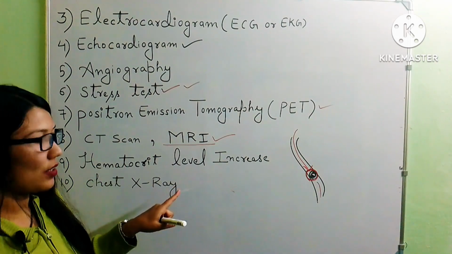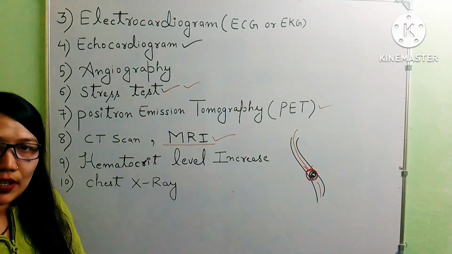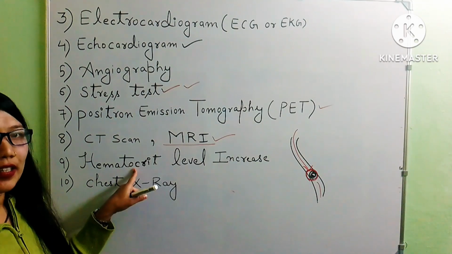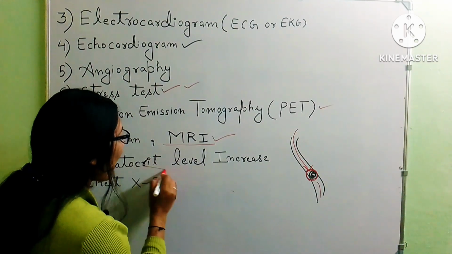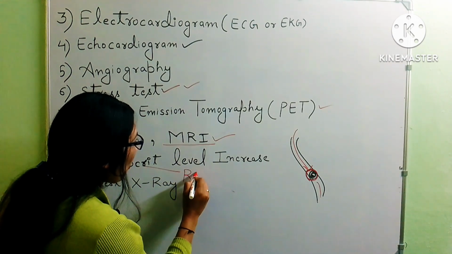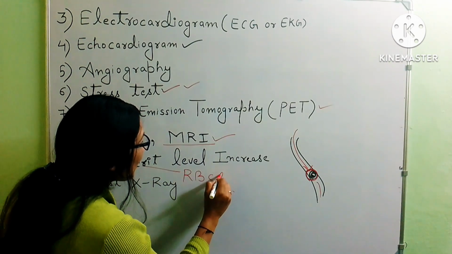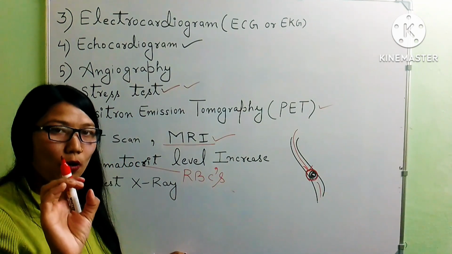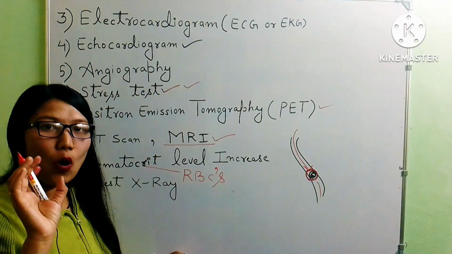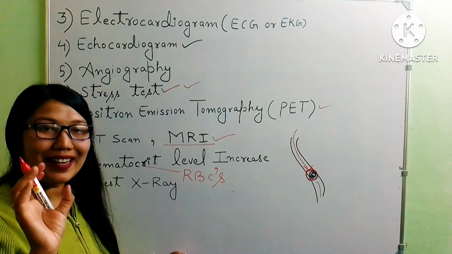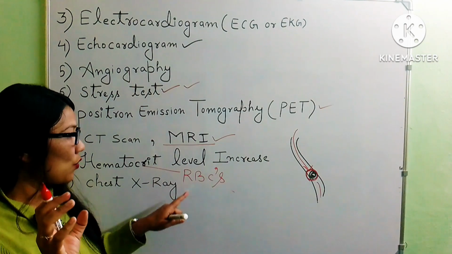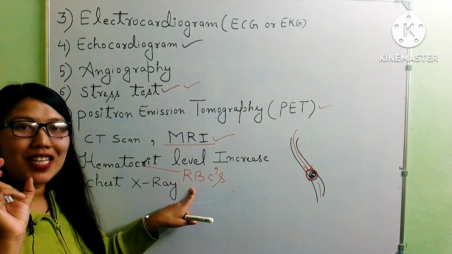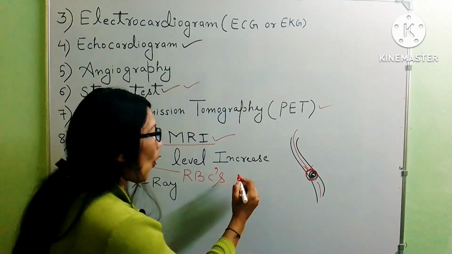Hematocrit level increases. So we do the hematocrit test on the patient. Why is there an increase in hematocrit? Through hematocrit we are saying the RBC amount is increasing because the heart is not functioning properly and is not ejecting the blood to the whole body. Cells need oxygen for their metabolism. In RBC there is a pigment known as hemoglobin which binds the oxygen.